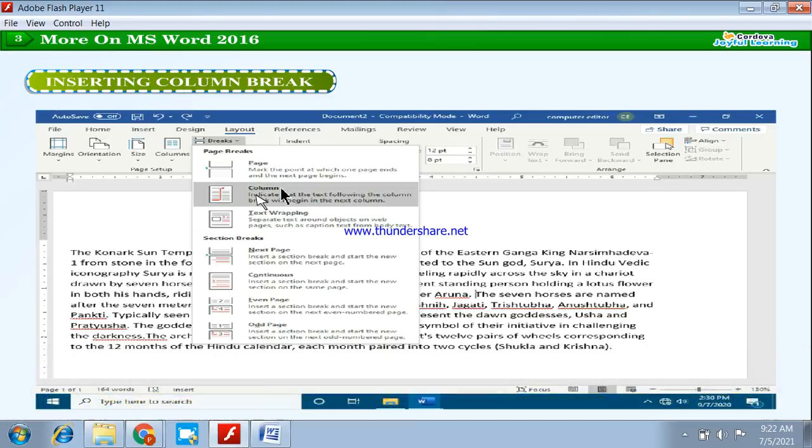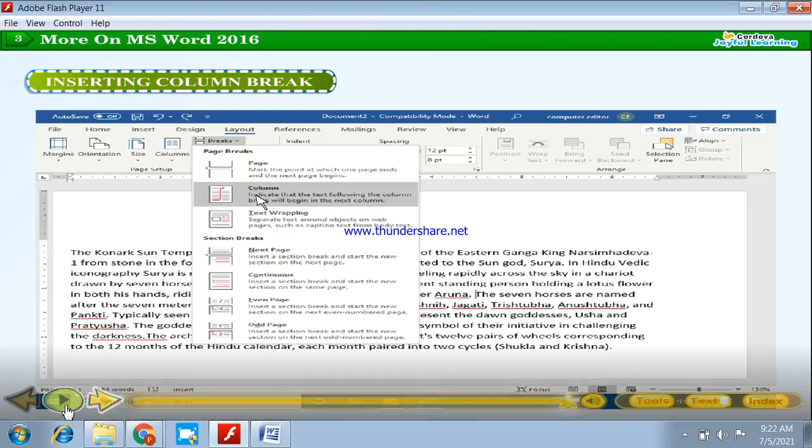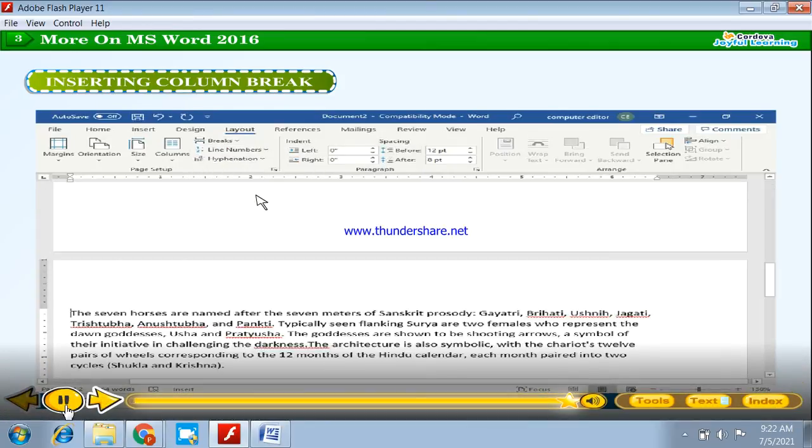See, here I want to insert a break. So as the name suggests, we will go to Layout. We will click on Break and here we will select Column. So the column break will be inserted. Option from the list that appears. See,